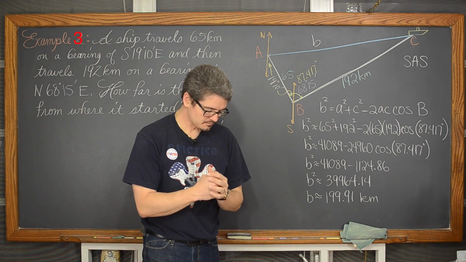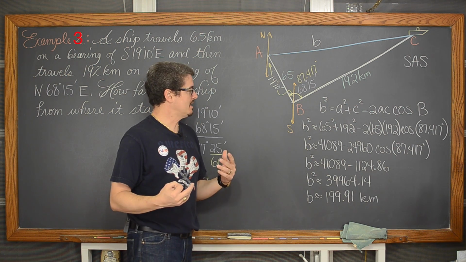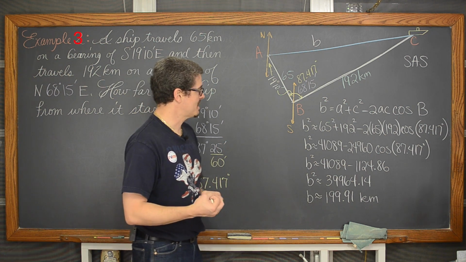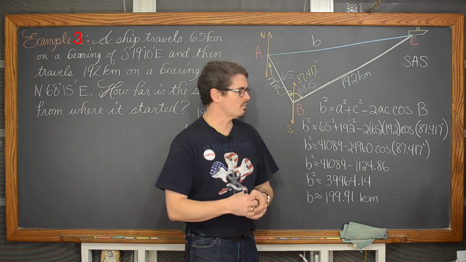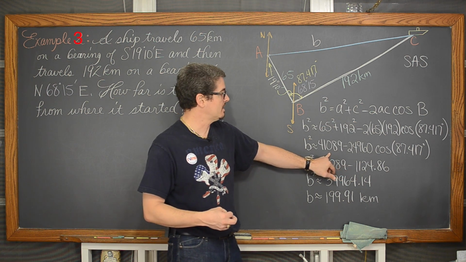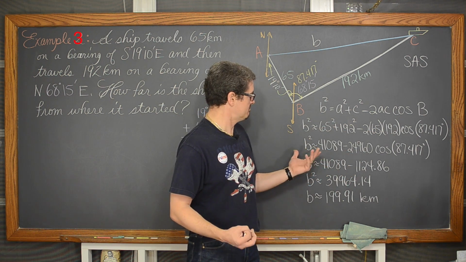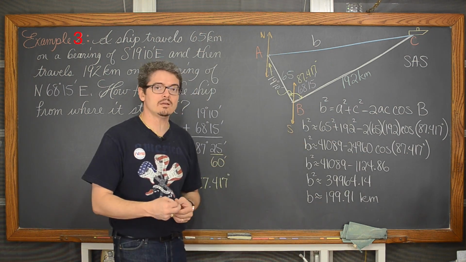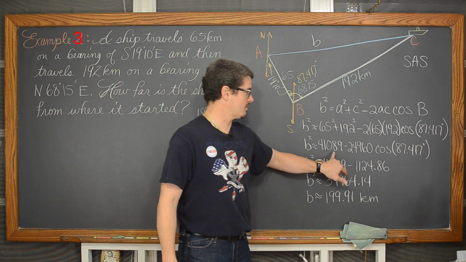Now, I teach this material to honors students, and it's so easy to get caught up in not following the basic order of operations. I see students all the time clean all this up, and whether they put it on their calculator at one time or even write this line, 65 squared plus 192 squared is 41,089, and 2 times 65 times 192 is 24,960. And then they just subtract these two numbers and have some value times the cosine of whatever your angle is, in this case, approximately 87 degrees. Well, of course, that's not correct. We have to multiply before we add or subtract.